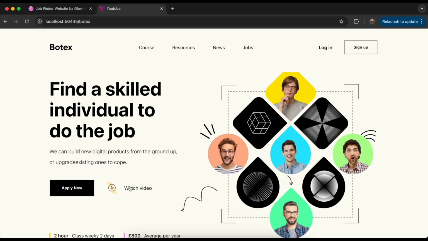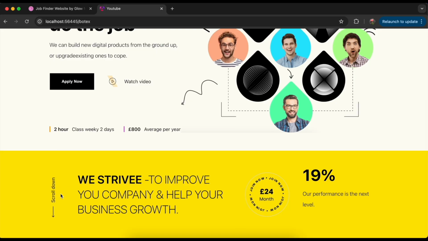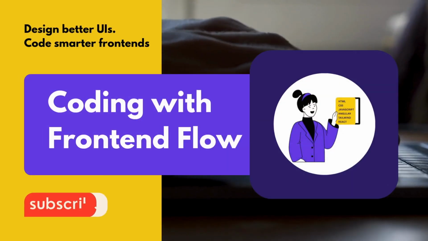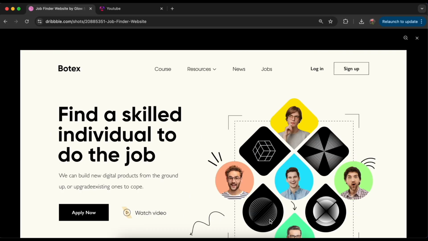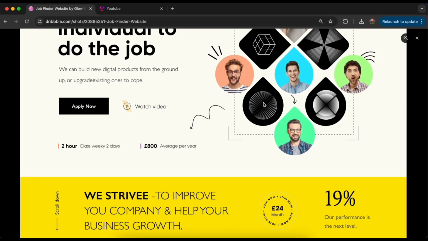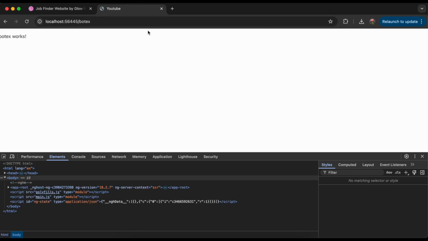This is the landing page. It's a small landing page I have done. You can see some transition and a header and a bottom, a scroll down section. This is the design I took from Dribbble. I have already created a component called the vortex,